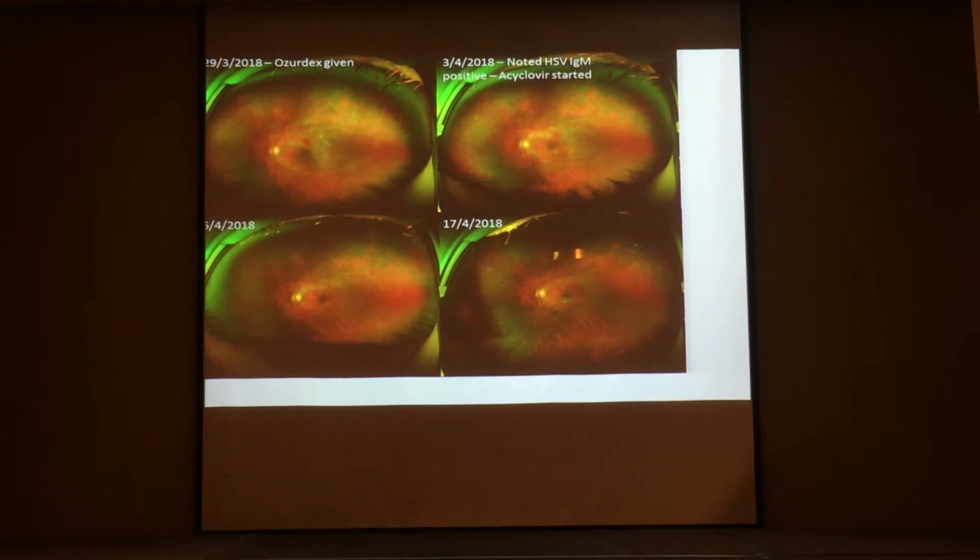So for the left eye, we have FFA and ICG. You don't have to get tissue out from it, right? Yeah, correct. That's our plan to do that, but it's with some issues because, like I said, the patient is busy. The question is, if you did the retinal biopsy in this patient,